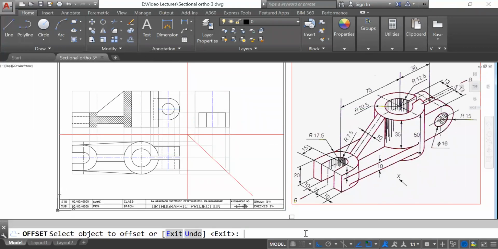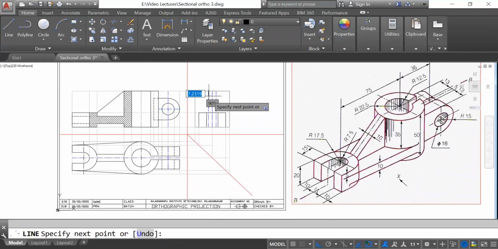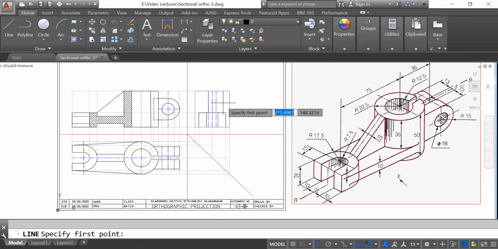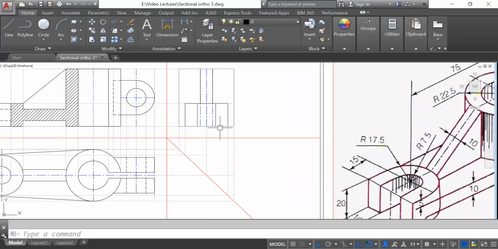So I will just check 5 mm this side. And after that, you can connect this projection to this one. Okay. So both options you have with you. So you can follow any one. But maximum projections you are supposed to take, because as we are using the projection method to draw the orthographic projection, you have to show those projections over there.